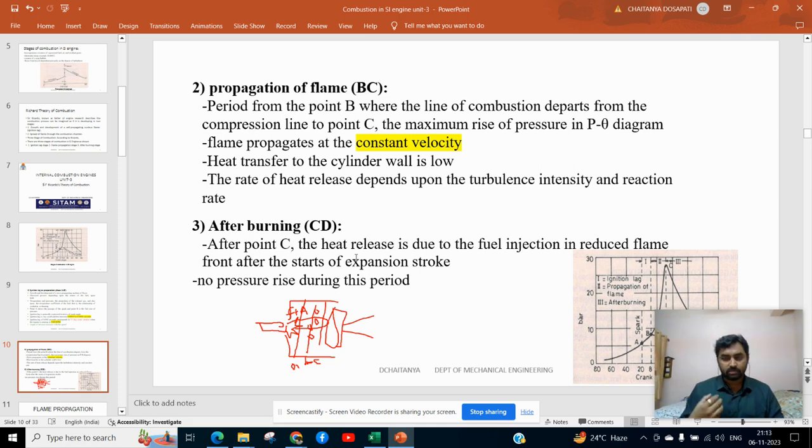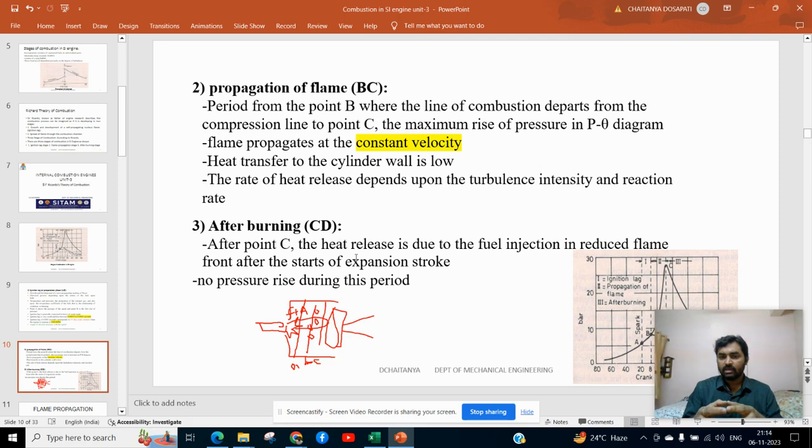So that will be the important one during combustion in SI engines. Here no pressure rise will be observed during this period. So the important period is C to D. Regarding the power generation, while you are getting brake power to run an engine, the brake power is important. So here the ignition lag and propagation of flame are also